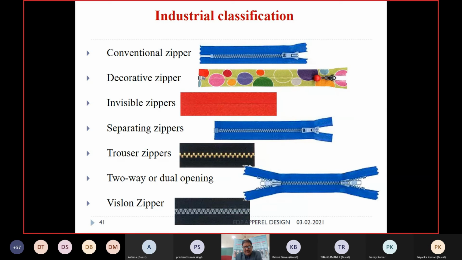The zipper is also used in bags, and in applications other than garments. In textiles also we use different types of zippers at different locations of the garment, and in different categories of garments, to achieve different purposes of the garment.